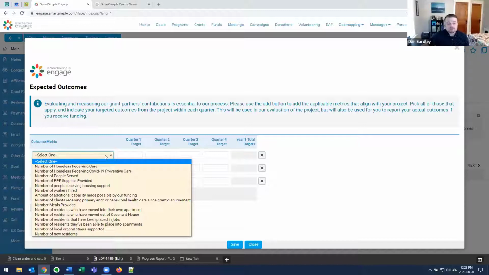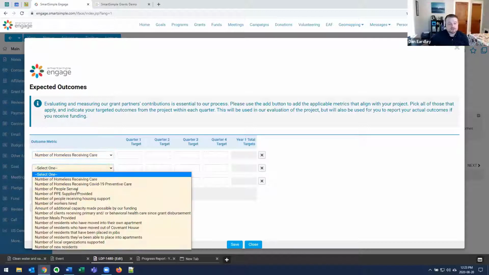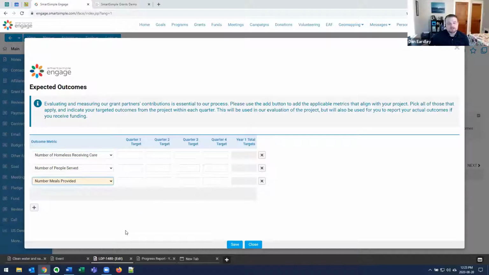Based off of that, they'll be able to define the specific metrics that they expect to be able to address, to be able to measure within their given project. And then they're able to identify what they expect to hit for each quarter or for each year. Based on that, we can include any of the calculations, mathematical formulas, many of the things that you would typically do within an Excel form. All of that can be replicated within the system, but with the value being that we're actually tracking the data and it's stored to the database, so it's reportable.